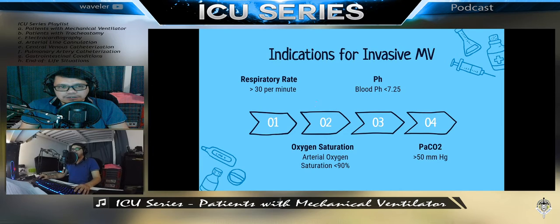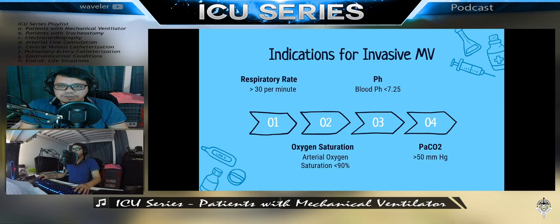For this, we need to test the ABG, or the arterial blood gas, for us to get these numbers. For pH, if it's less than 7.25,